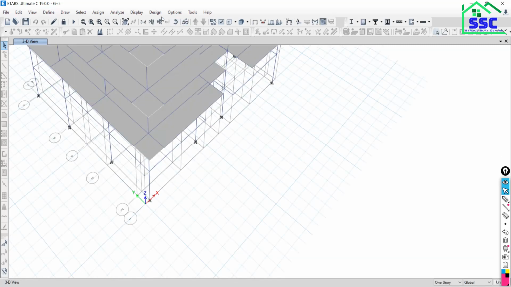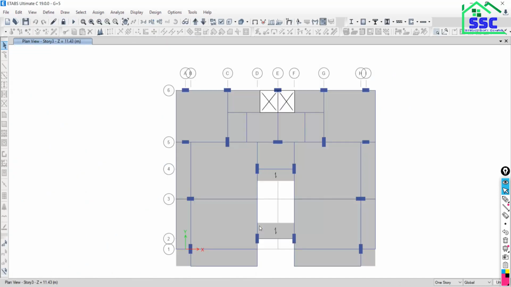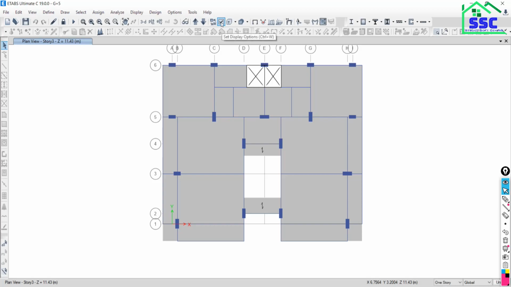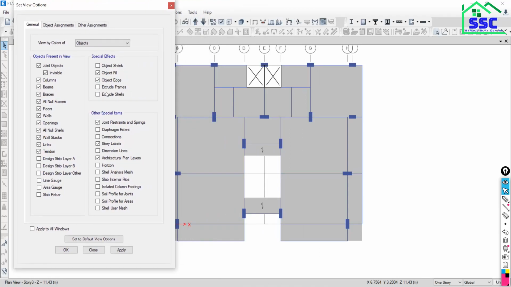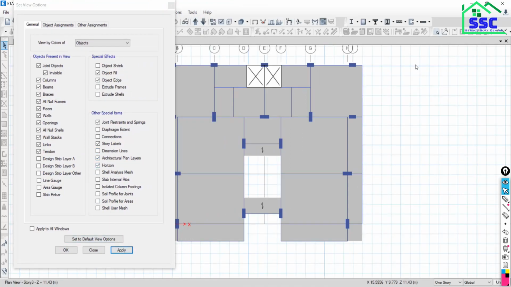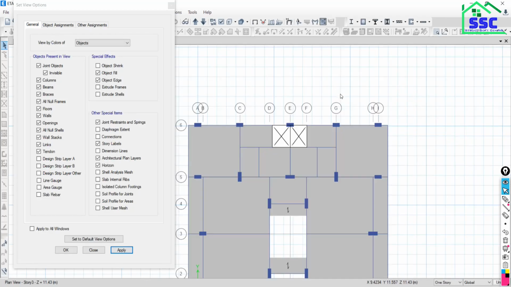Go to plan, go to any level, then go to set display option. We will discuss in detail all about this set display option. Here you can get the option horizon. Check this option, say apply, and all these background grids will be available. Is it visible?